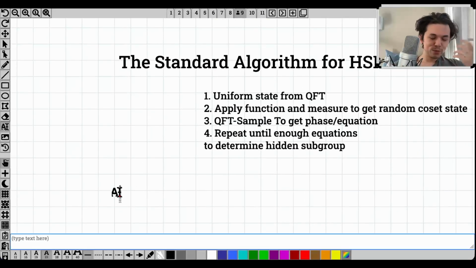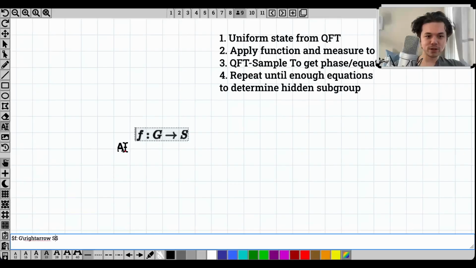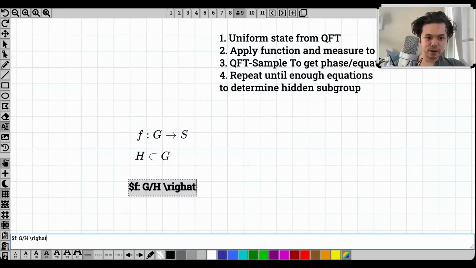In case you've forgotten after two videos, I've been more technical these last videos, so I'm just going to review the hidden subgroup problem very quickly. You have f, some function, which you're given as a classical poly-size circuit, and it's a function from G to some set S. You can represent its elements in bit strings. And it has a few properties. There's some subgroup H, subset of G,